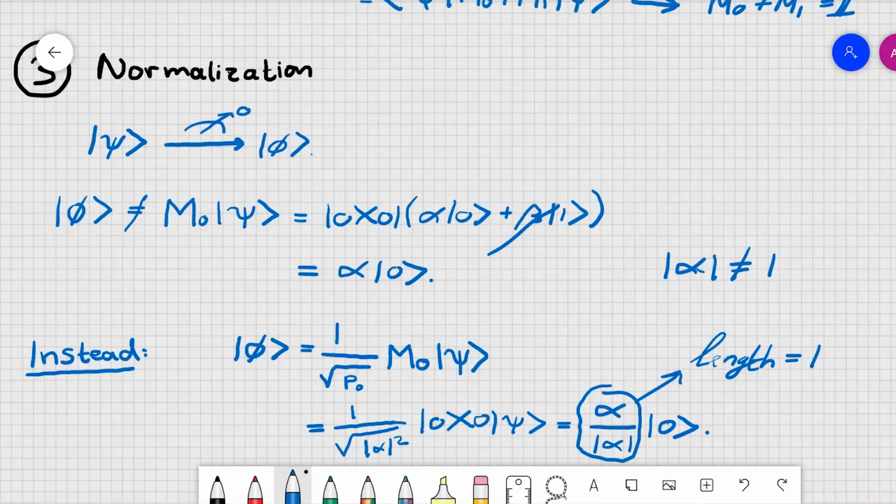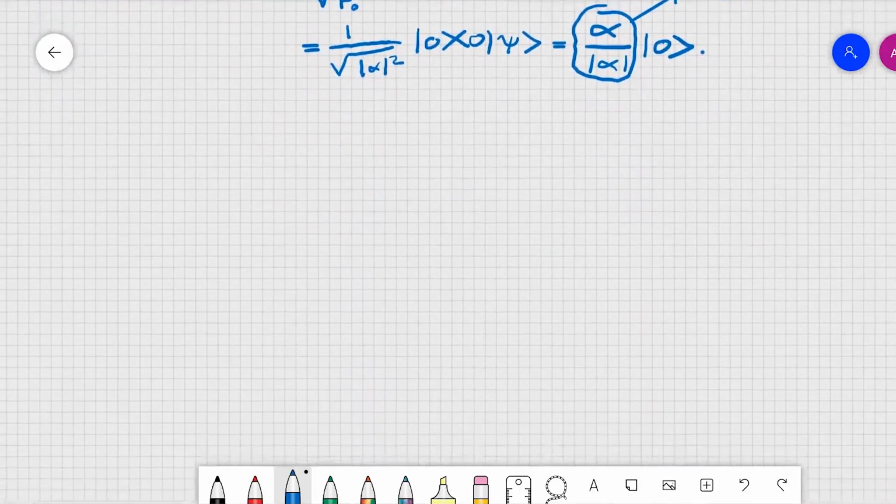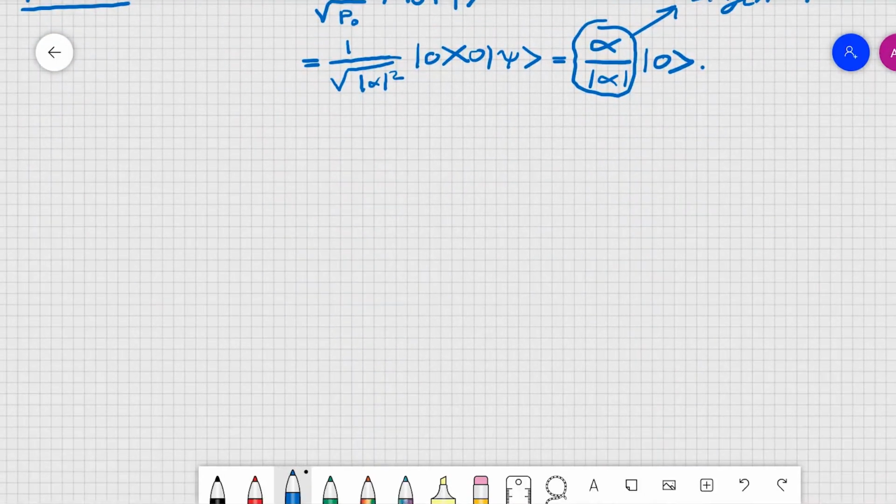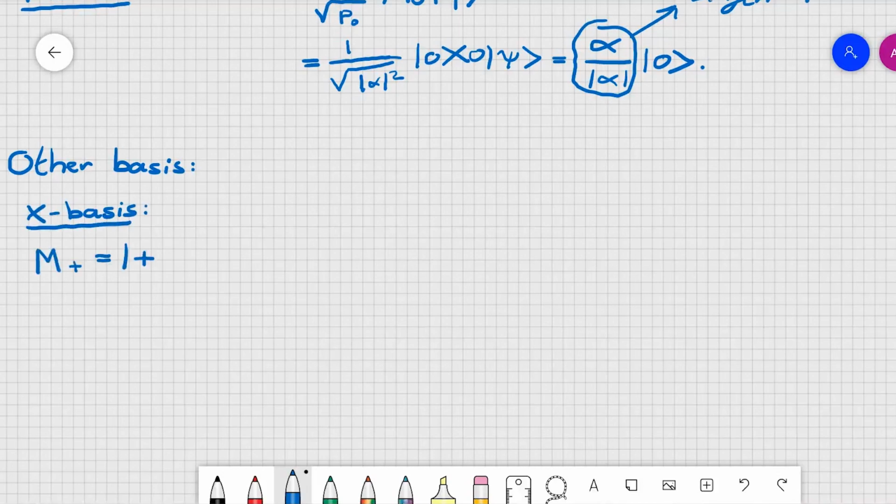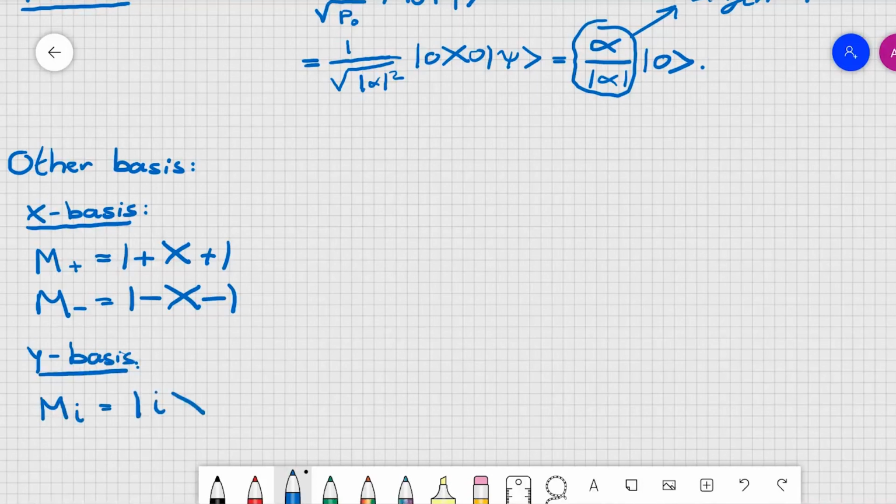So with these three postulates, we are able to make a projective measurement in ket notation. Now we assumed that the measurement was in the z basis. So if we would switch to the x basis, for instance, the measurement operators would become M plus is |+⟩⟨+|, and M minus is |−⟩⟨−|. And similarly, for the y basis, they would be |i⟩⟨i| and |−i⟩⟨−i|. And you can check for yourself that the identity rule is satisfied. These measurement operators describe projective measurements, and sometimes we also call them projectors.